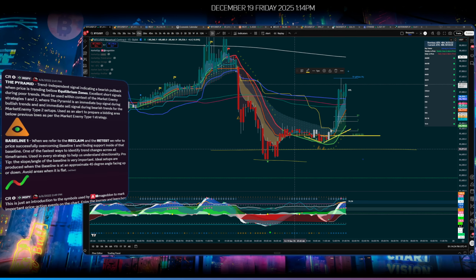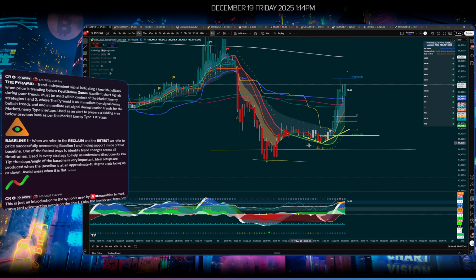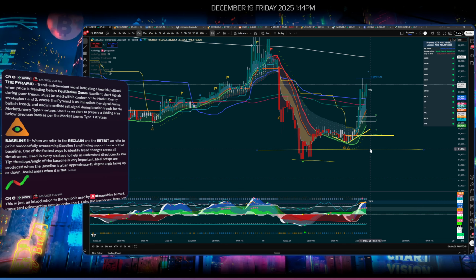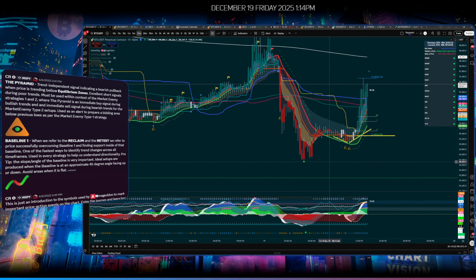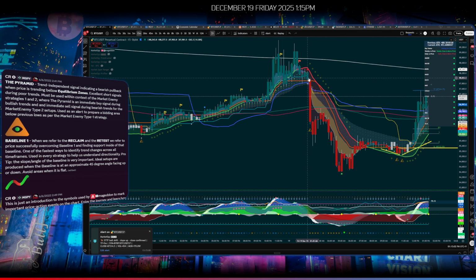So support has been identified. Baseline reclaim identified. Pyramid is now a worthy contender for a directional trade that is going to play in the direction of the probabilities that you have accumulated here, that you have assessed on price chart. And the next thing is we have these pyramids that typically occur a little closer to the price, but sometimes you have an anomaly like this, confirming with momentum that you have still ways to go, and support being around here. It's a strong magnet zone, so short entries, although